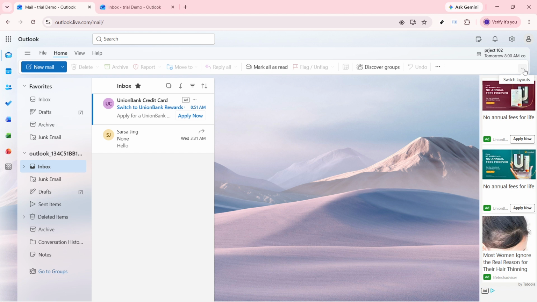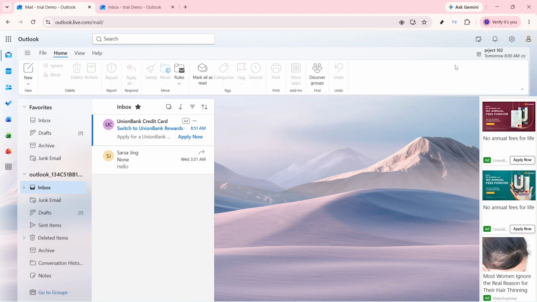As soon as you do, Outlook should restore the ribbon toolbar so it becomes visible again. This will bring back the top menu area where you can access common tools and commands more easily. If the ribbon had been hidden or minimized, the action should return it to its normal expanded view. Once restored, you should be able to see the toolbar options at the top of Outlook and use them